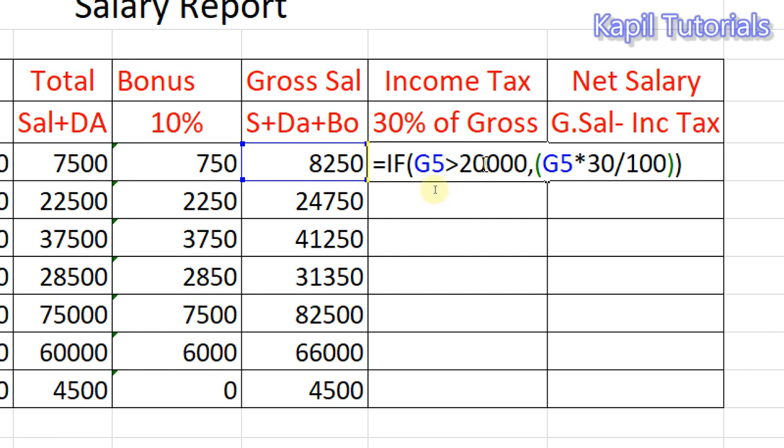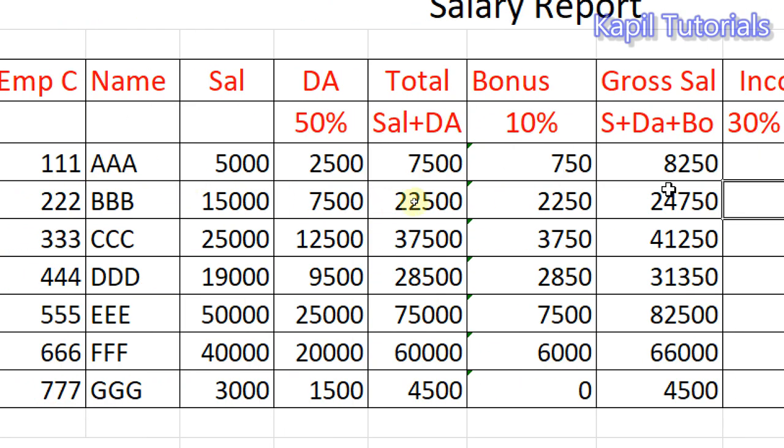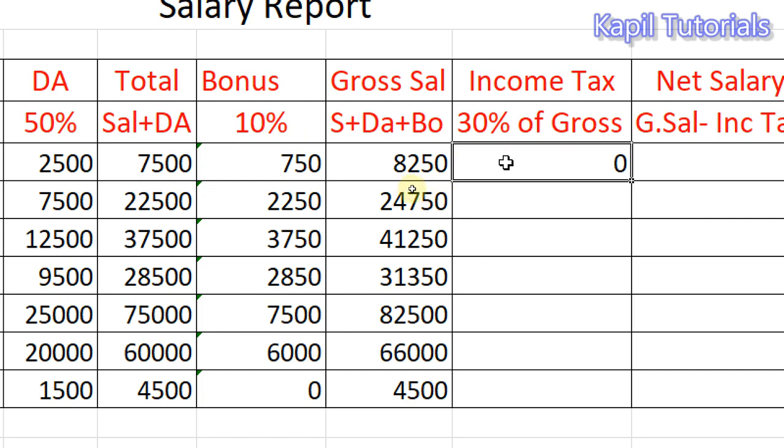Because this condition is not meeting, this condition is not true. So what should I do if it doesn't meet the condition? I can give some other condition like else, that means no income tax should be there. In that case I can give here 0. Because his salary is less than 20,000, there is no income tax for this person.